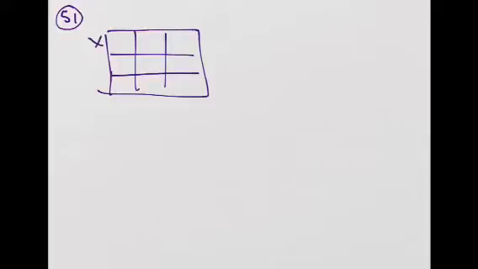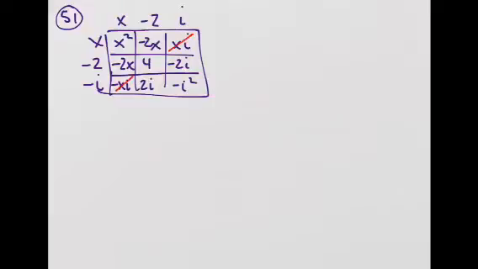So I had x minus 2 minus i and x minus 2 plus i. Okay, positive i. So I'm going to multiply. Just negative xi, 2i, and negative i squared. So right here, this one cancels with this one, and this one cancels with this one. This here is positive 1,